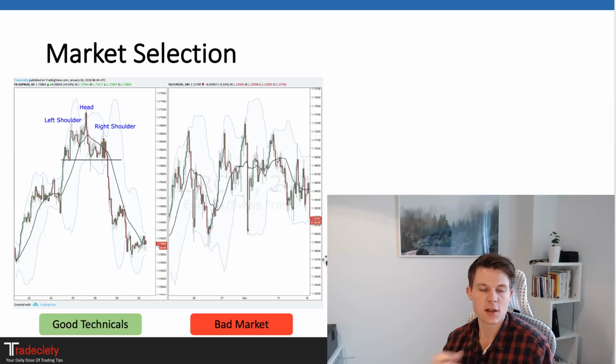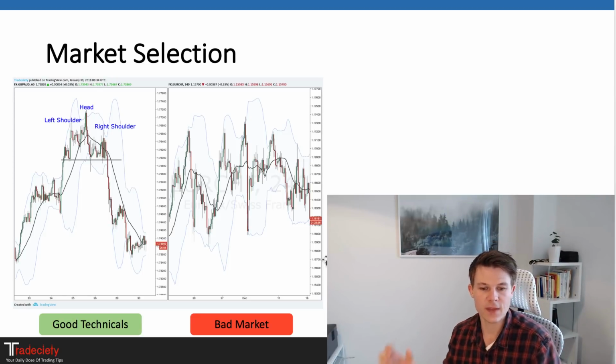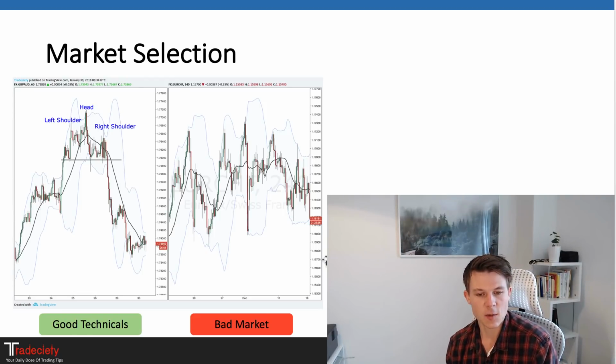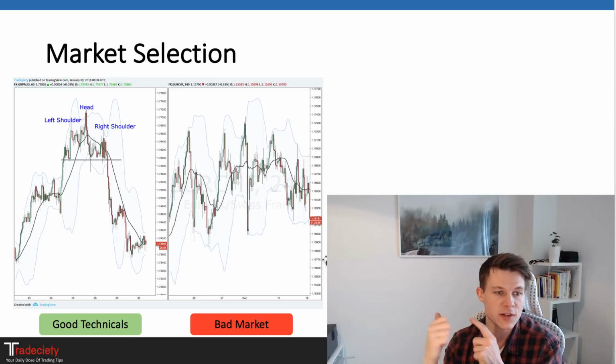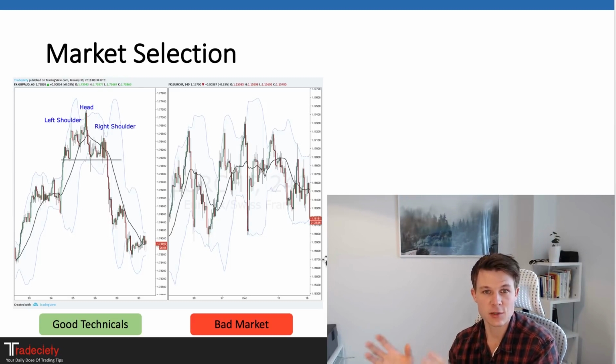So for example, when I talk about my trading, when a trader asks me, what do you do? And then I say I trade momentum and I look at buyer-seller balance. Then I know also what I'm looking for. I know that I need a market where you have clear trend waves, where the volatility is moderate, where you have clear structures as well, clear patterns. And those are the good markets, and that is a good sign that I know my system. On the other hand, I know also what a bad market is, what I don't like to trade.